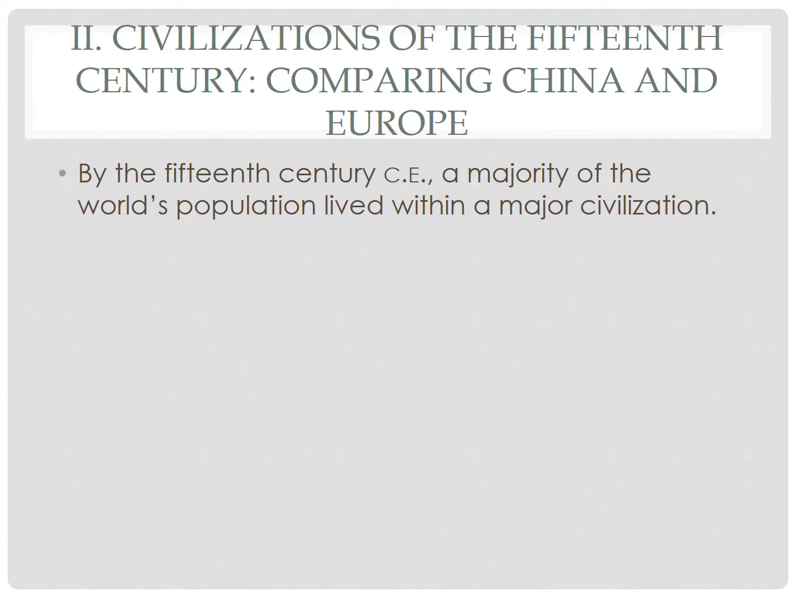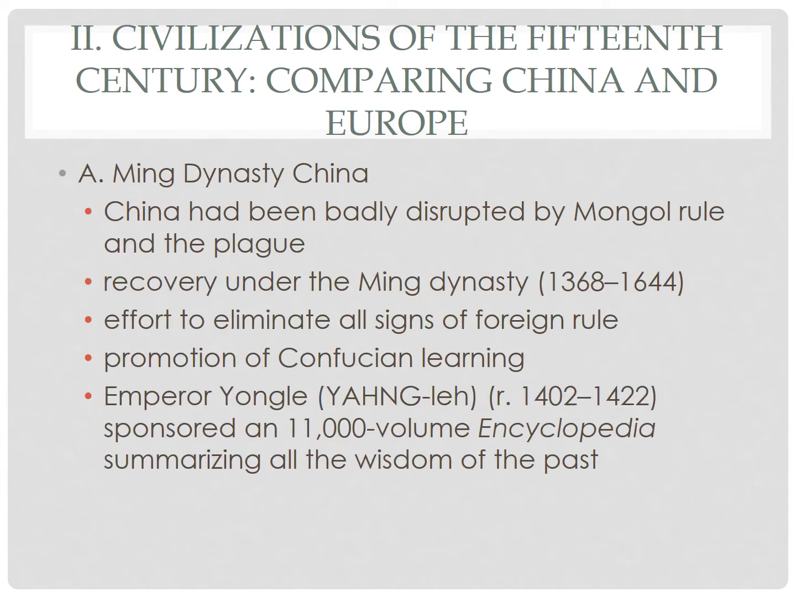So we've looked at different kinds of civilizations, hunters and gatherers, small agricultural societies, pastoral people, but by the 15th century, a majority of the world's population lived within a major civilization, and a lot of these are going to be empires, or if they're not empires, they're going to become empires. So, looking at China. Prior to the time period that we're talking about, China had been badly disrupted by Mongol rule. Remember, I mentioned before that the Mongols had invaded and occupied China for a time, and also due